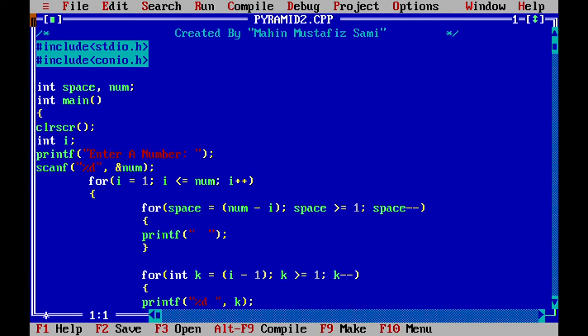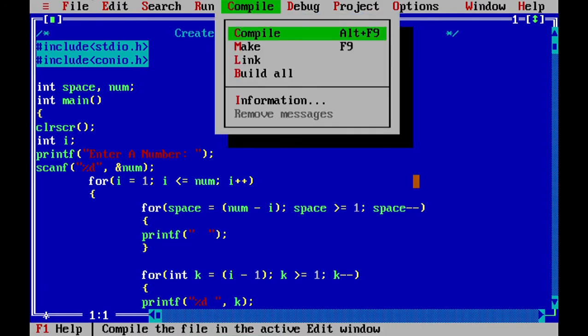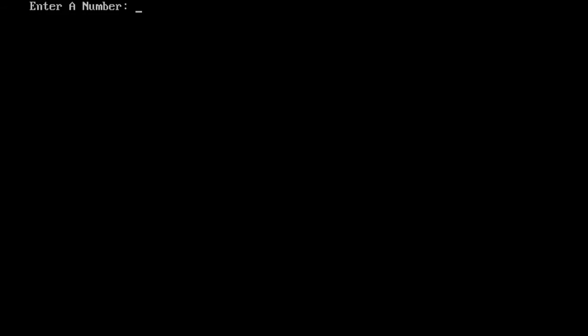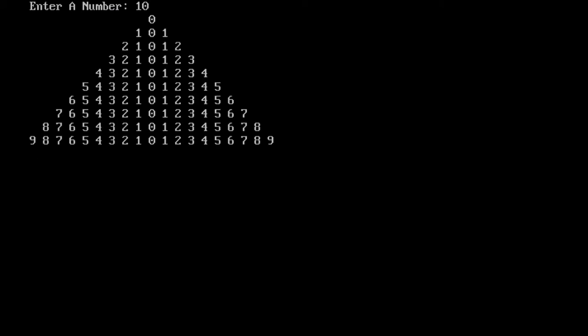Without saying anything, if I compile the code and run the output, you can see by yourself. Such as, suppose I have input 10 as an integer type value. You can see the structure, the pyramid shape structure or triangular shape. In this case you can see the zeros lie on the center straight line of the triangle, and the right